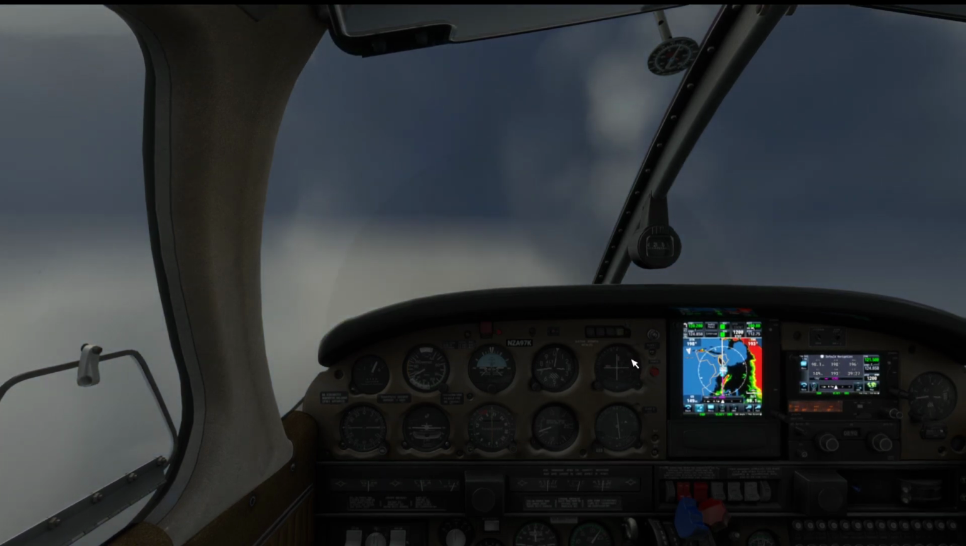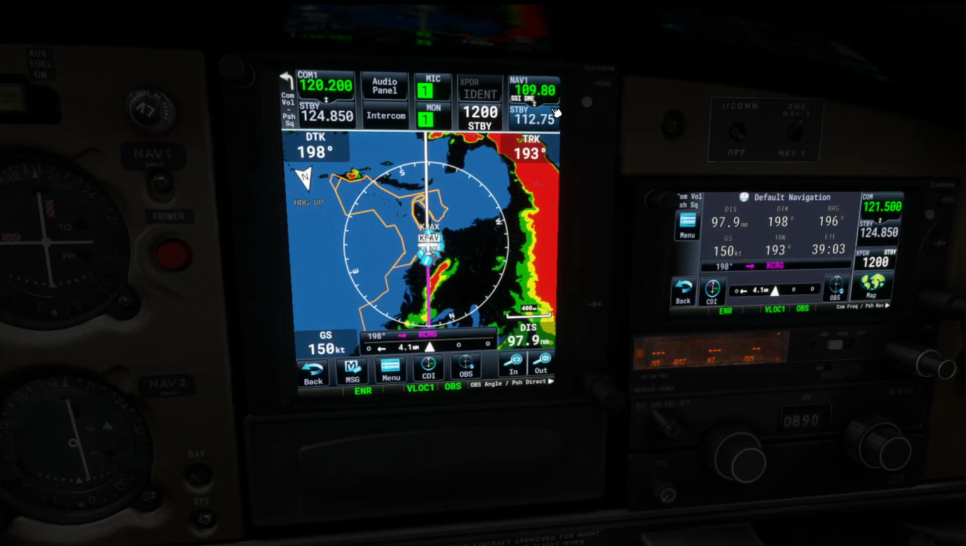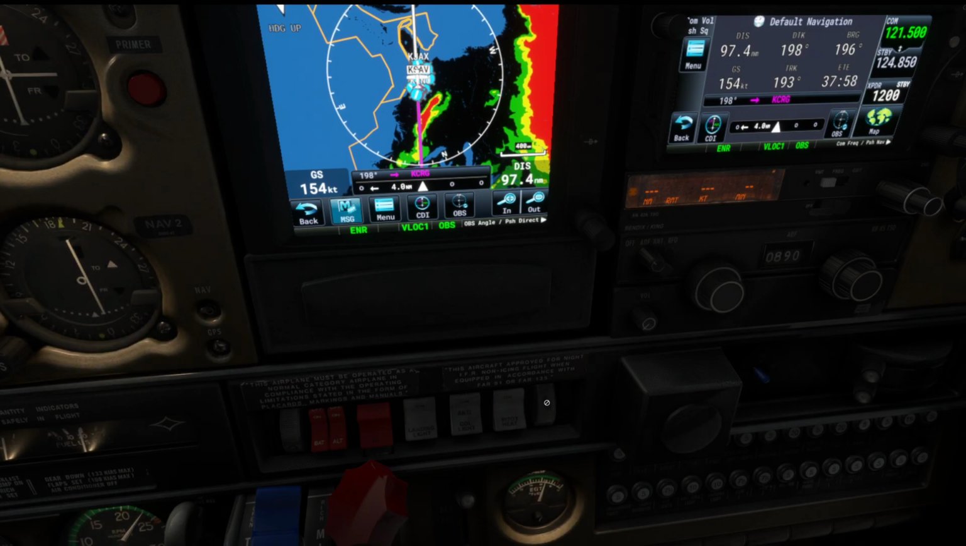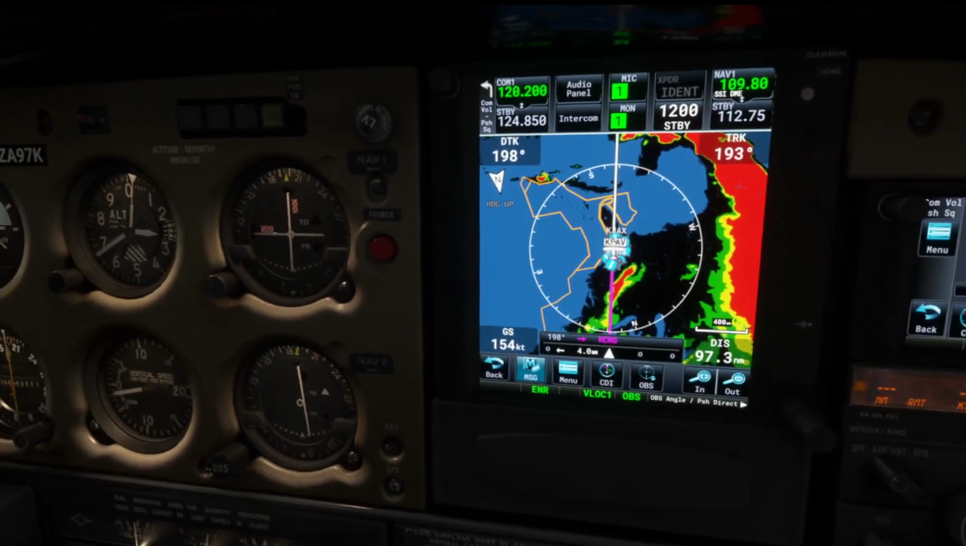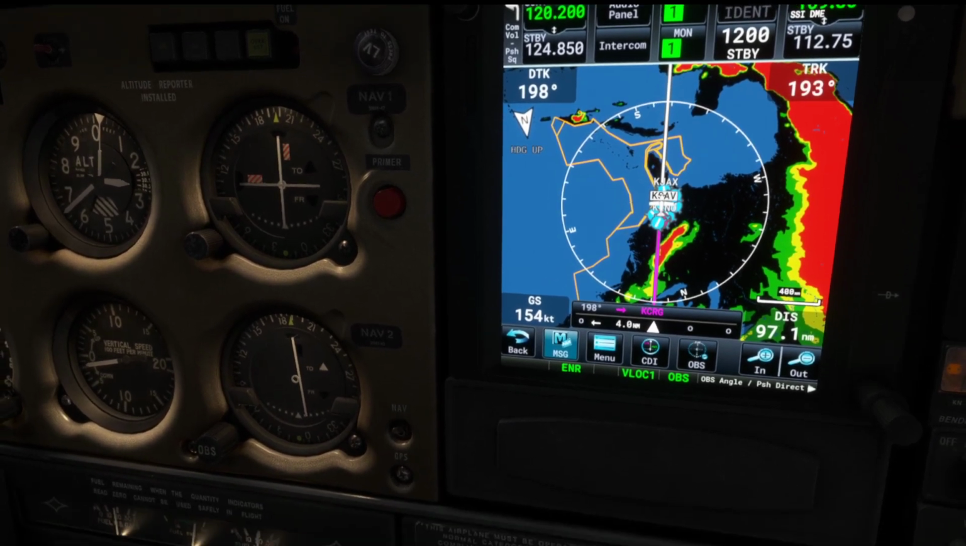Still our nav1 is not active. Not sure what is the reason for that. 109 decimal. See, our GPS unit shows that we already captured it, but it's not coming up on our nav1. Let me turn up the lights a little bit here. Yeah, there you go. So not sure why that is the case, but our